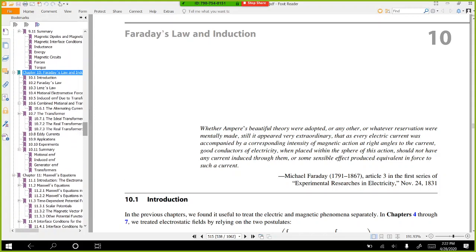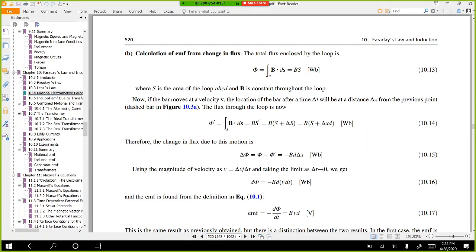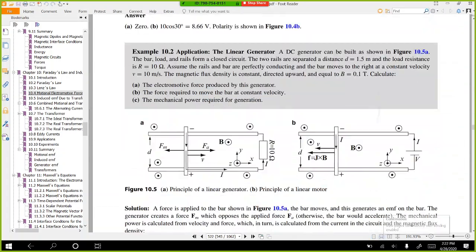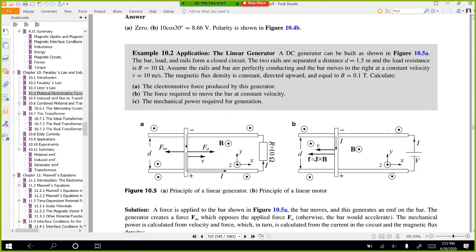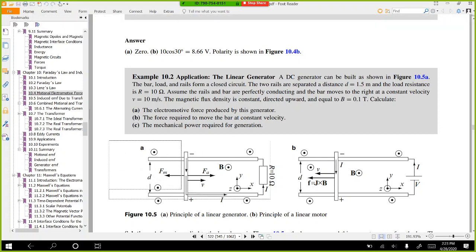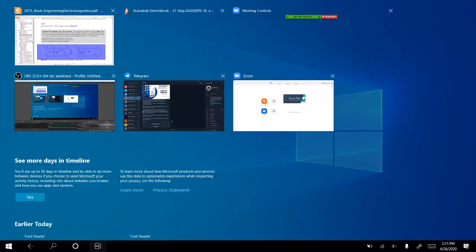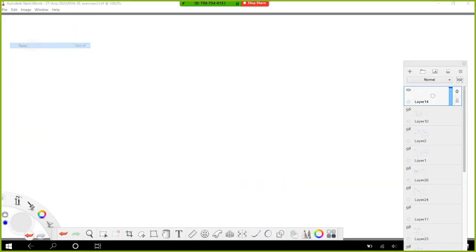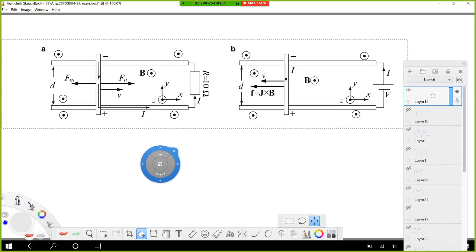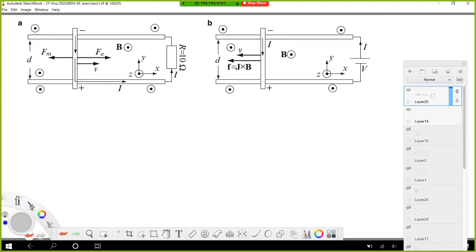Yes, this was our problem. Okay, copy. And we go here. Okay, now we have seen this problem,